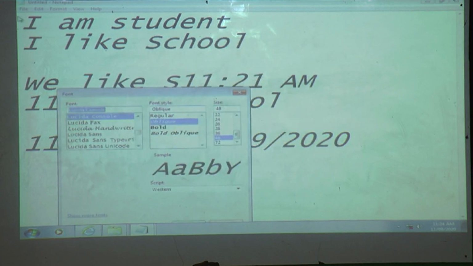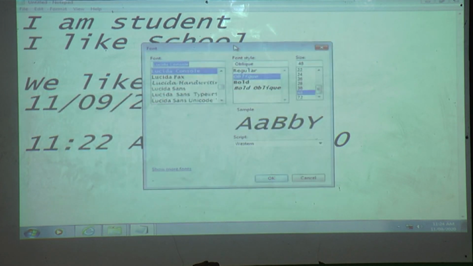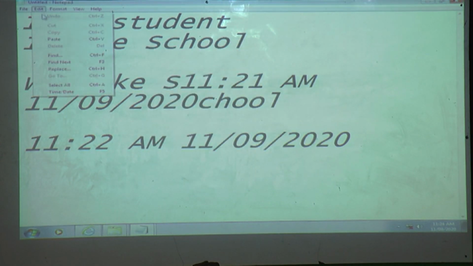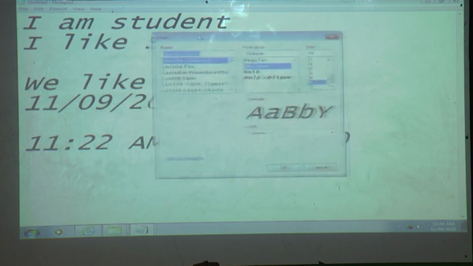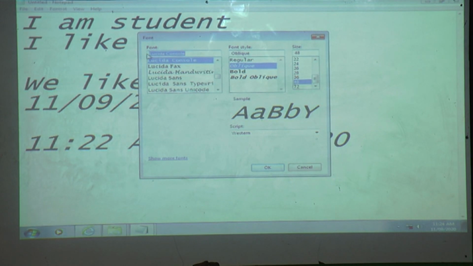Means if we want to change the handwriting of what we wrote here, then where can we change it? By using which option? By using format and font. These are the fonts. You can see here, when I click here the font is changing. See here.